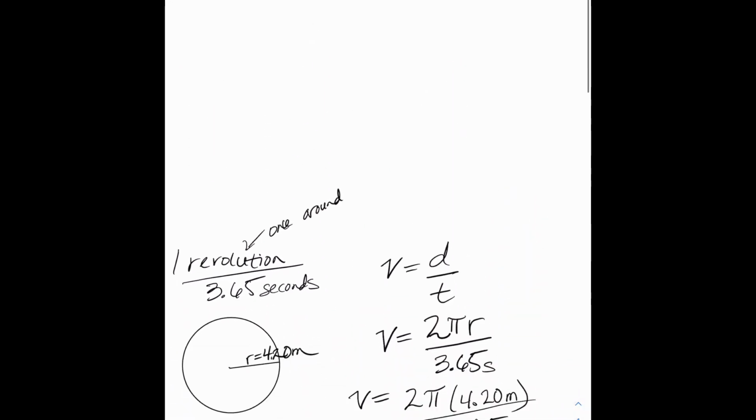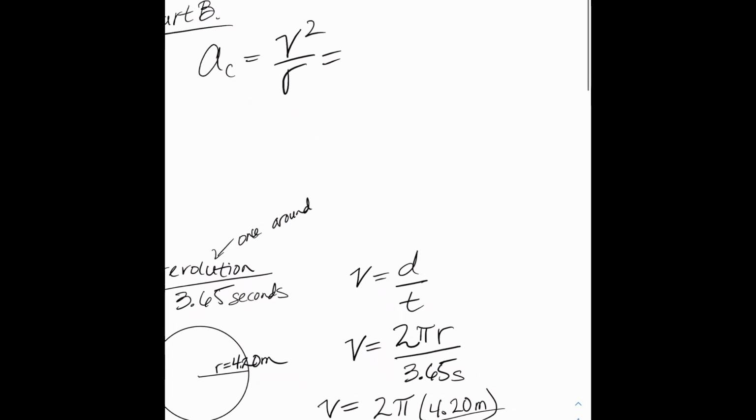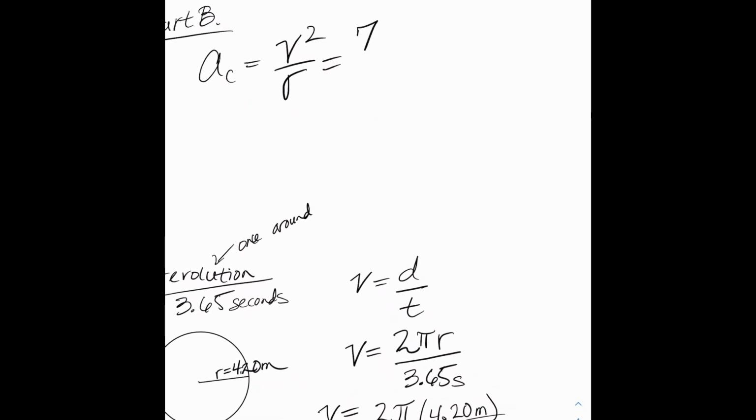We've learned in class so far that centripetal acceleration, a sub c, is equal to v squared over r. We can go ahead and plug in that speed from part A, which was 7.23 meters per second. Make sure our radius is also in meters, which is